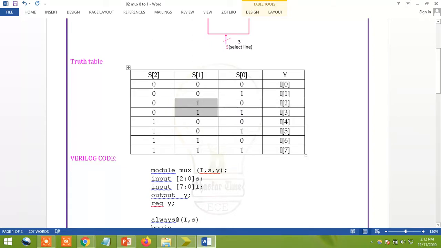Similarly, when you come to here, you can see that I have four zeros. So from here to here, 10, 10, 10, 10. So after 40 seconds the 0 value changes to 1. Clear? Remember, the S0 value changes at 10 seconds, the S1 value changes at 20 seconds, and the S2 value changes at 40 seconds.